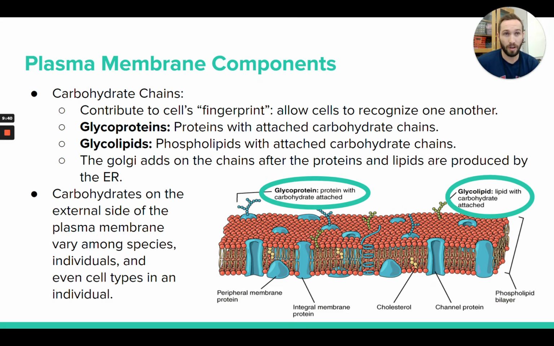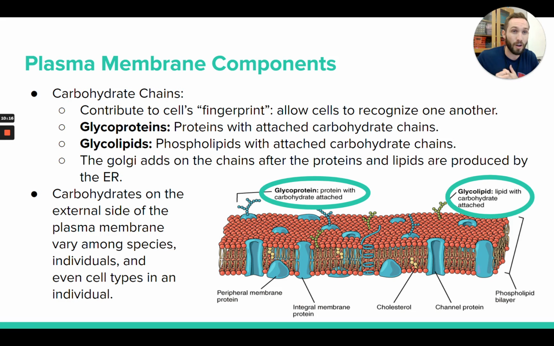For example, you guys, I'm sure, are aware that sometimes you can get an organ transplant. There are patients who need a new organ, a new heart, a new liver, whatever it is, and you can't just take anyone's organ. You have to see if they're a match. So when you hear on TV that they're checking donors to see if they're a good enough match, one of the things they're looking at is these carbohydrate chains, because if the carbohydrate chains on the cells of this heart that you're receiving as a transplant